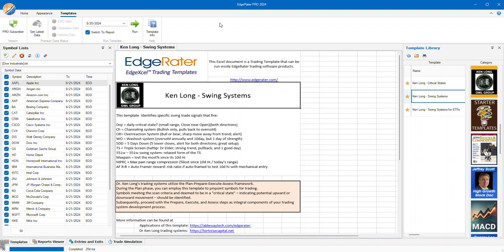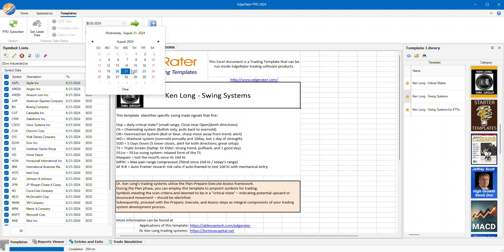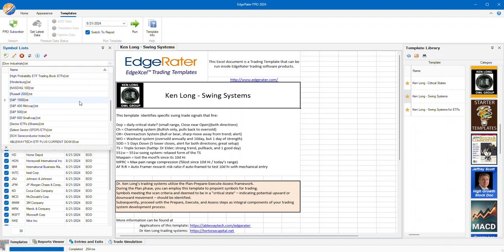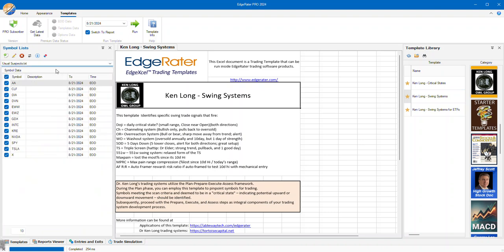So today is August 21st, so I'll put in the 21st here in our report date. We got our latest data, and I'm going to run it. You can run on any symbol list. I'm actually going to run it on usual suspects. So this is a list of mostly ETFs, a couple stocks in there too that are just some favorites we have that are stocks we really like to trade intraday because they're large, they're liquid, so they have big volume. You can get filled easily, and also they just tend to move very well intraday, particularly for the kind of